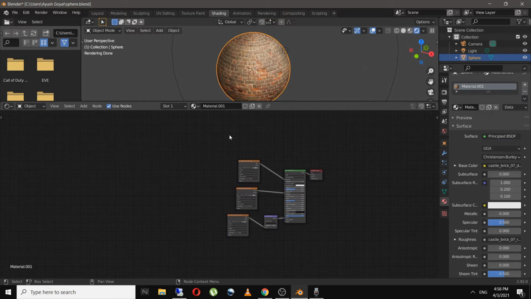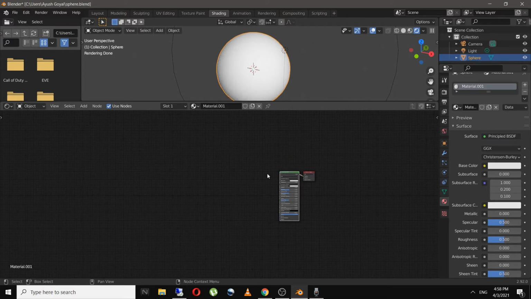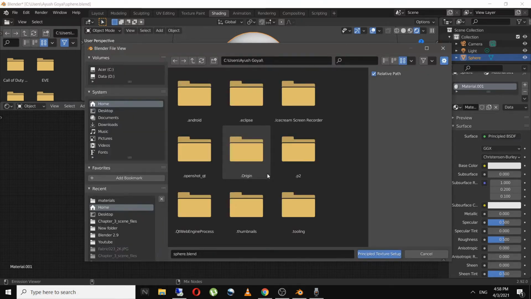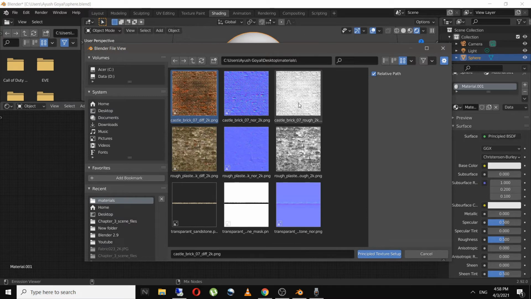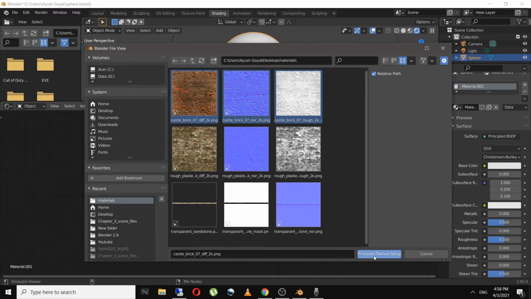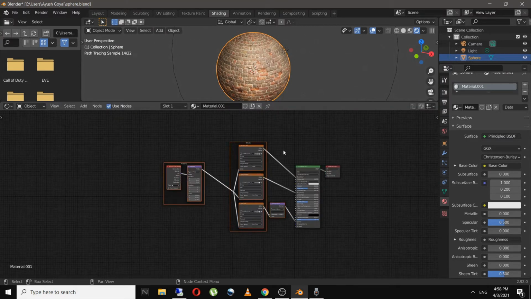And if you don't want to go through all of this, you can just delete it and click on Principled BSDF and press Ctrl Shift T and navigate to your materials. Select all the materials, diffuse, normal and rough, and click on Principled Texture Setup.